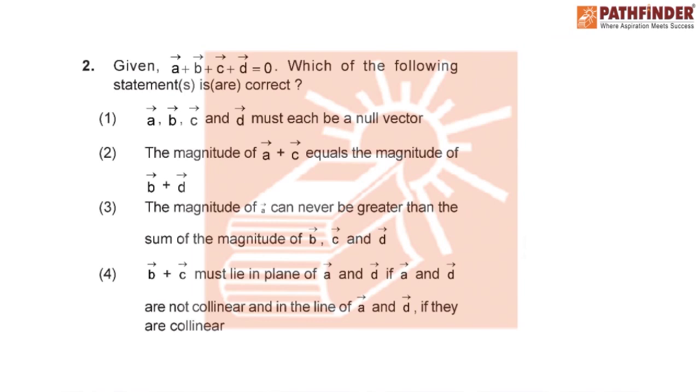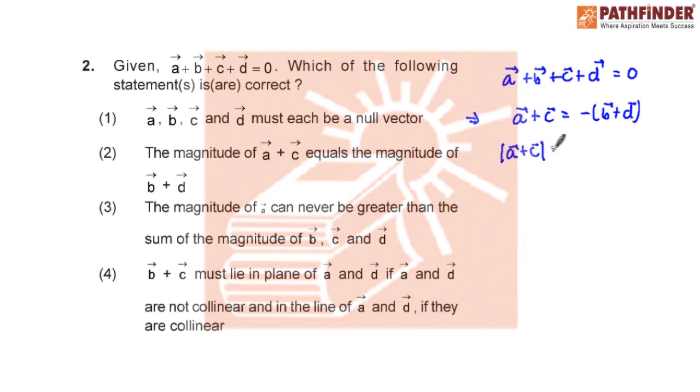So if I write this equation, we can write A vector plus B vector plus C vector plus D vector equals 0. If I rearrange this, I can surely write A plus C is equal to minus of B plus D vector. This implies that the magnitude of A plus C and direction of this vector, I am calling this N1 cap, is equal to the magnitude of B plus D and then there will be a direction N2 cap, where N1 cap must be equal to minus N2 cap, and the magnitude of A plus C must be equal to the magnitude of B plus D. So option 2 is correct.